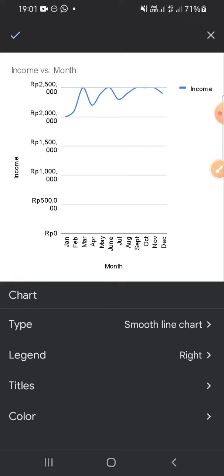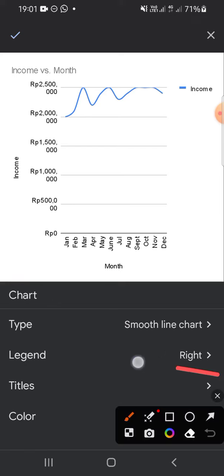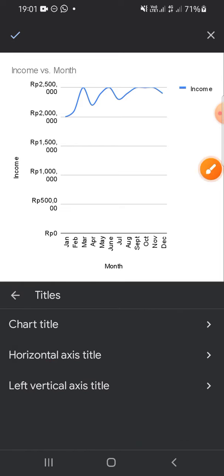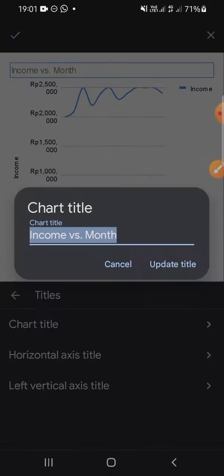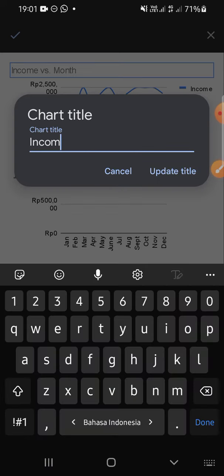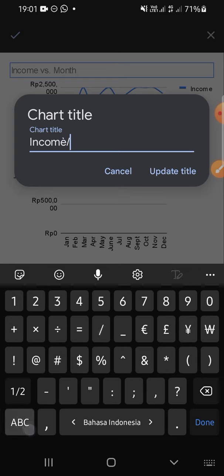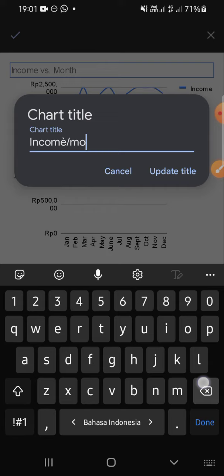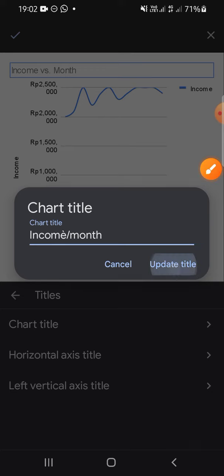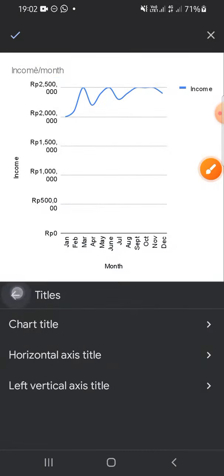Alright, and if we want to change the title of the chart, we can simply click on titles and click on chart title, and I'm going to write income per month. Then we're gonna click on update title to update the title. Alright,